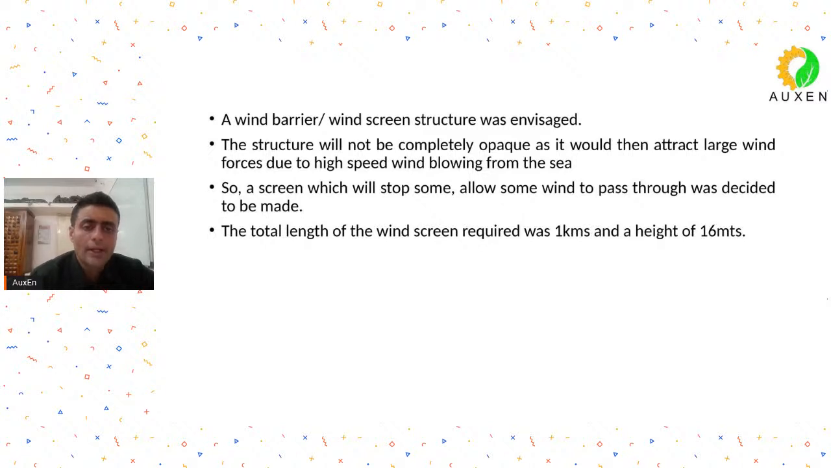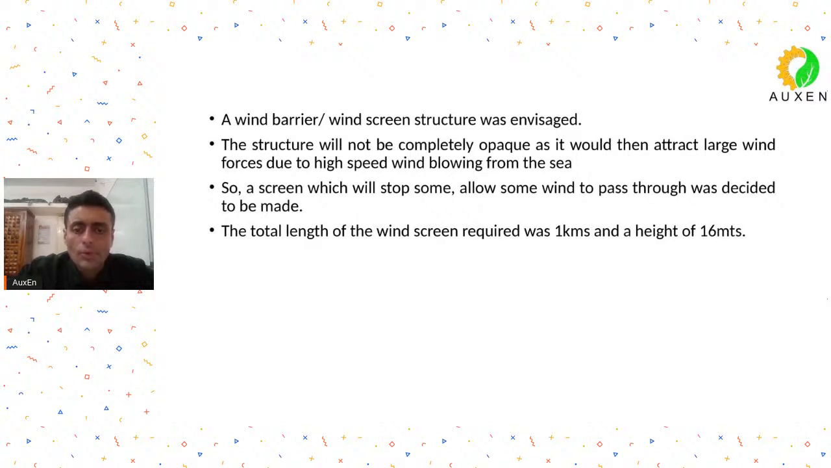So a wind barrier or a wind screen type of structure was thought of. It's not as if we for the first time thought about this concept. It's a well recognized concept to provide wind barriers or wind screens. So this type of structure was conceived, and the structure should not be completely opaque. Why should it not be completely opaque? Because otherwise